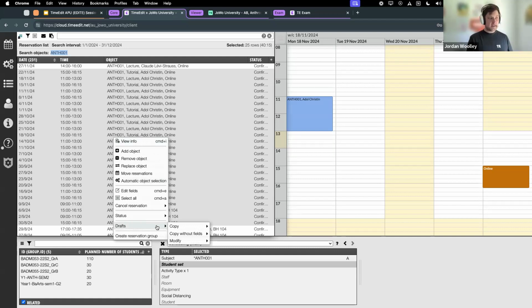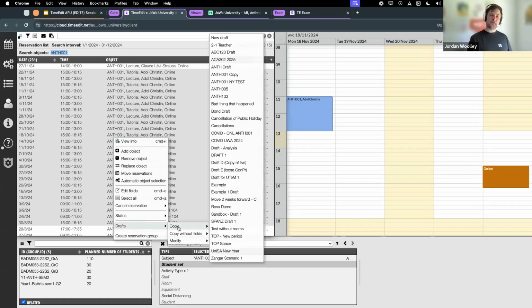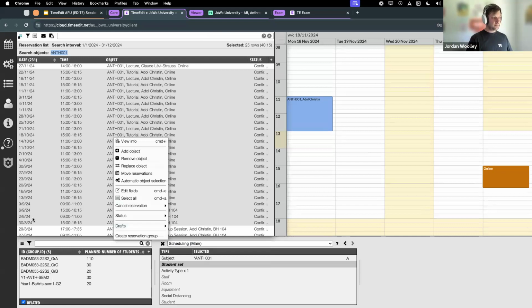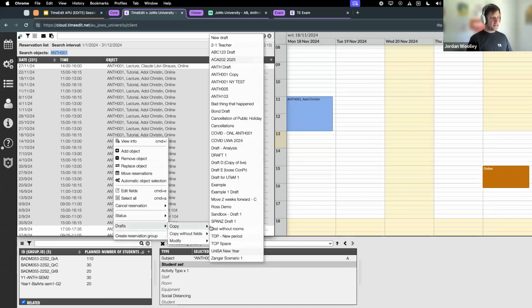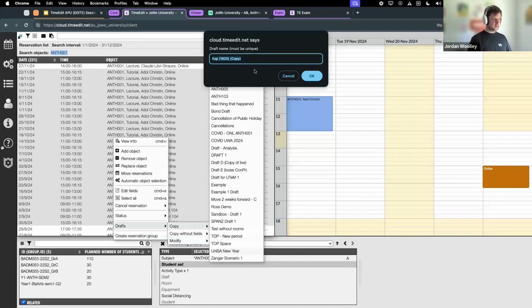Now, if I click copy for a draft, what happens is it makes a duplicate of everything I have just highlighted and sends it into a draft. Otherwise, it takes the reservations I've just highlighted with modify and sends them into a draft. Let me show you the difference. Here I have some from 30th of August, for example, to the 22nd of November. So if I hit copy, go to a new draft,